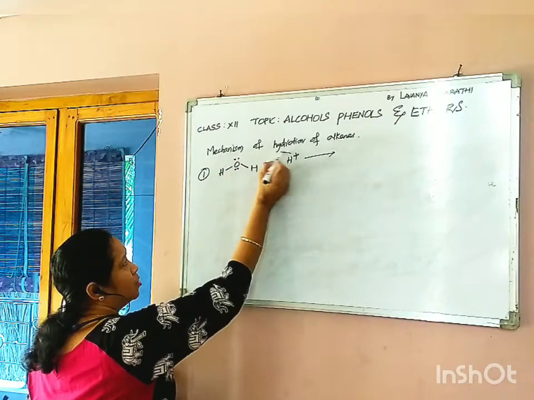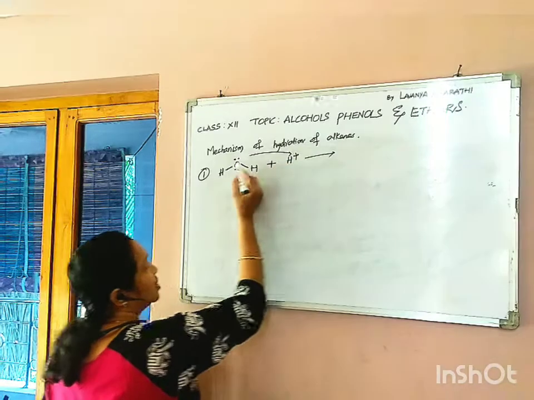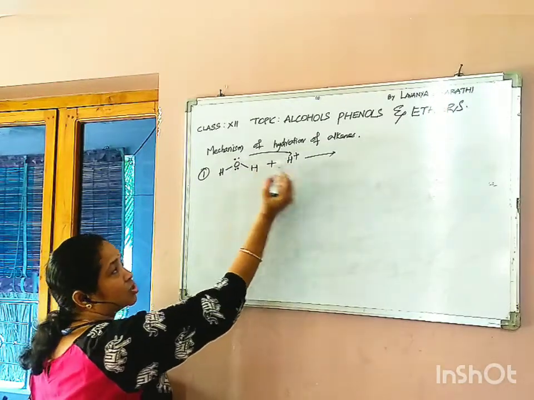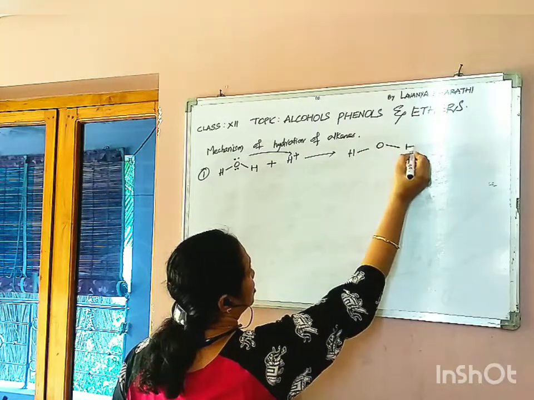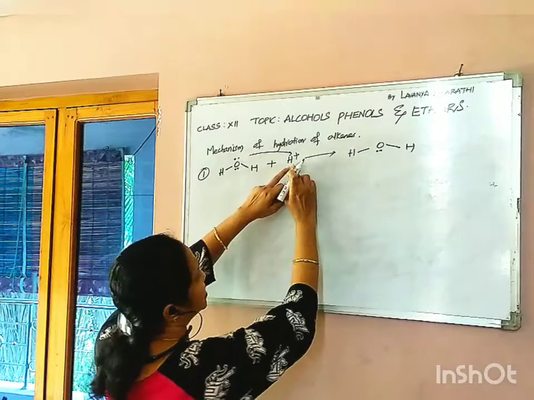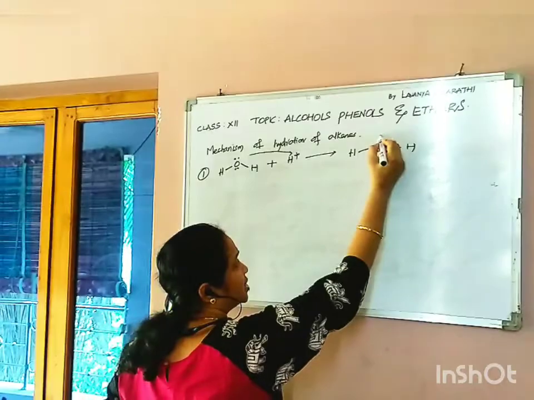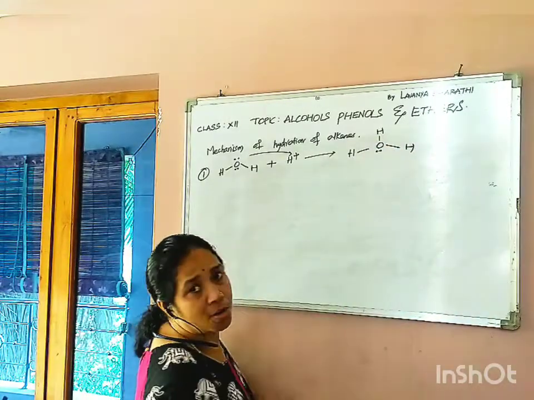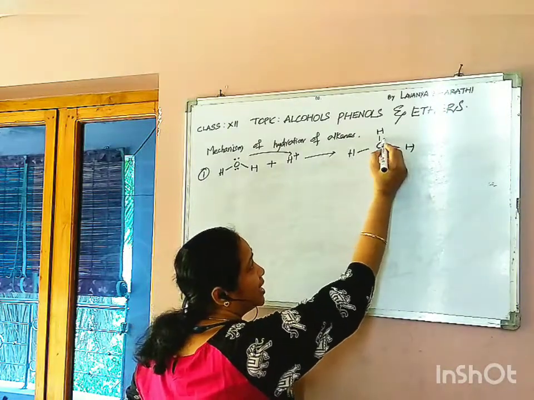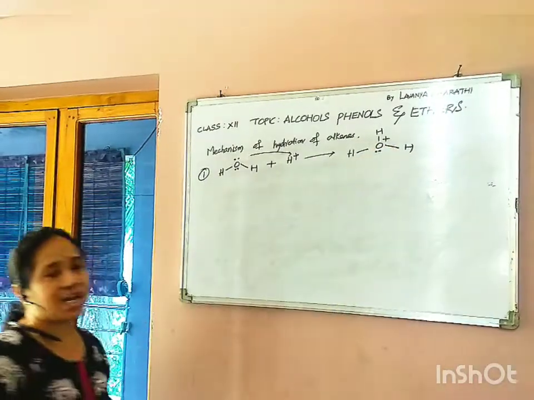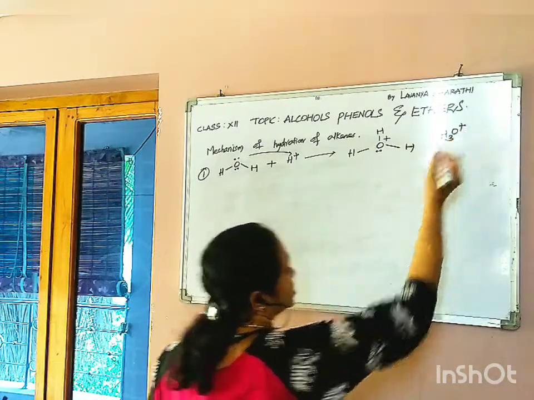Here you can see the lone pair, put the arrow mark in such a way, the displacement of lone pair of electrons towards the electrophile. Hydronium ion is formed. Here, this H plus takes the pair of electrons and forms a bond, and here H3O molecule is formed. But the loss of one lone pair of electrons results in a positive charge on the oxygen. This is called hydronium ion, H3O plus. This is the first step.